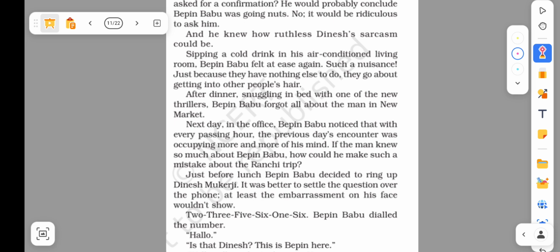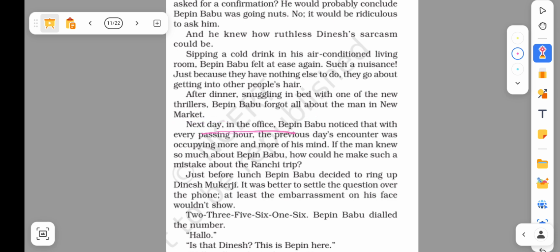He was just trying to disturb me without any reason, just wanted to get into my personal problems or personal details. So after dinner, snuggling in bed with one of the new thrillers, Bipin Babu forgot all about the man in